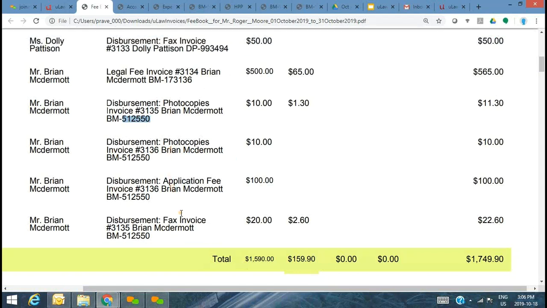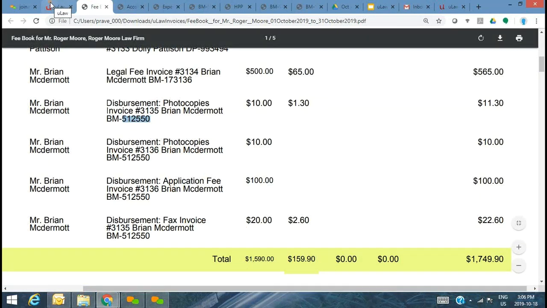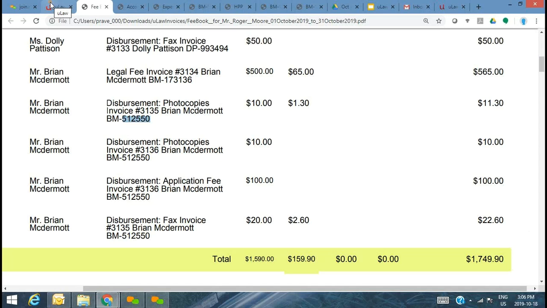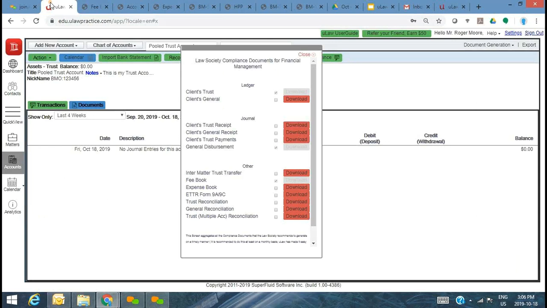Photocopies, application fee, and in fact a fax as well. So as and when you entered the details of the individual disbursements, depending on the nature of what account that information was derived out of, the appropriate ledgers and journals technically are generated automatically as well.